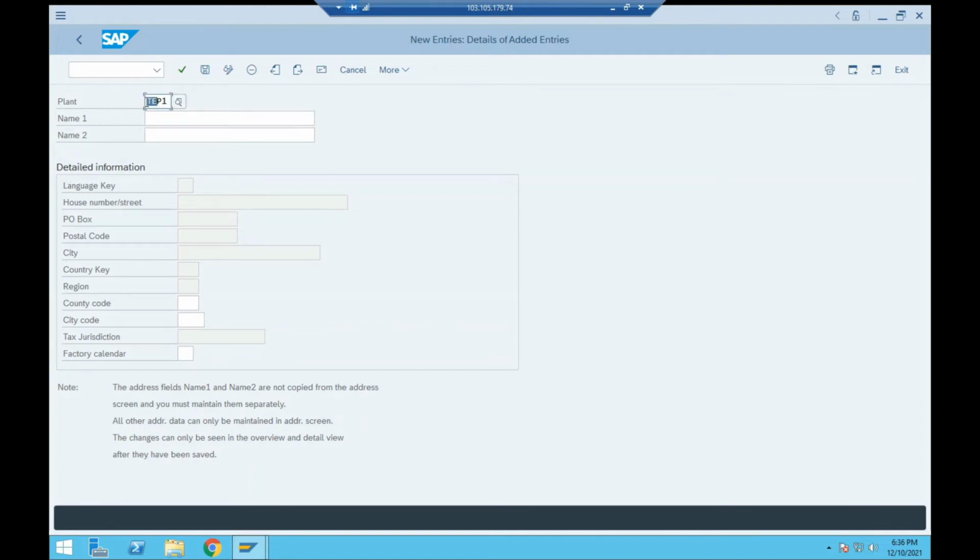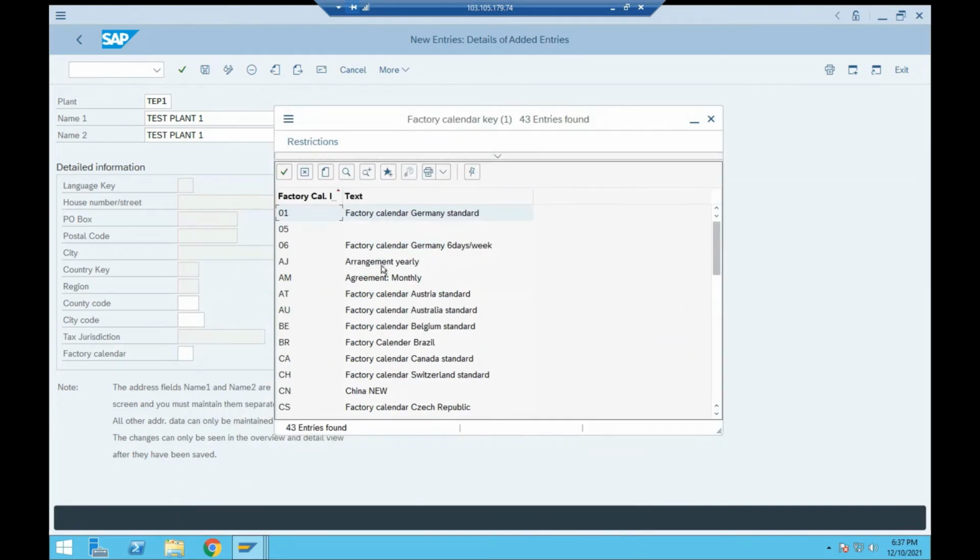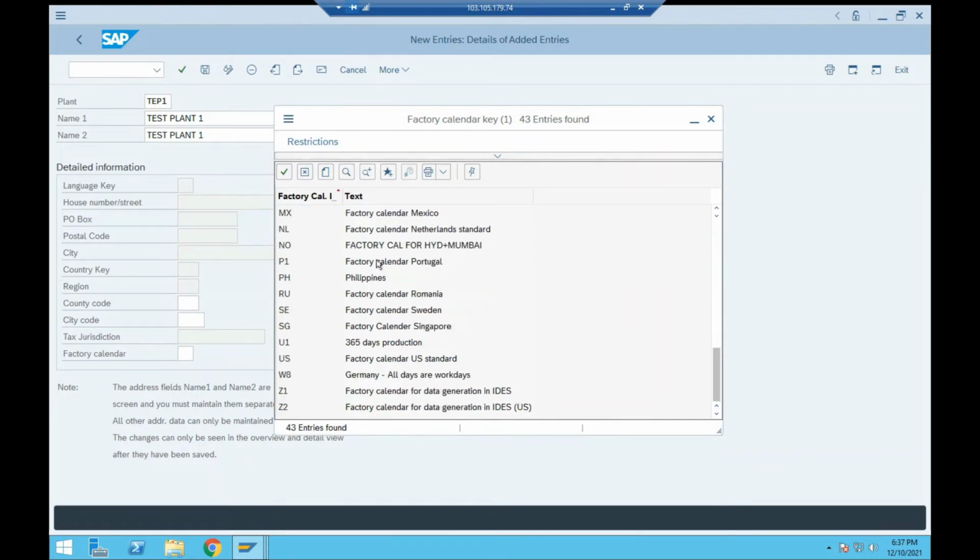For the plant definition, we need to give two names. The two names can be the same or different. Here we give the name Test Plant 1. P1 stands for plant 1 and TE stands for test plant. Country code and city code are ignored, but the factory calendar needs to be filled.